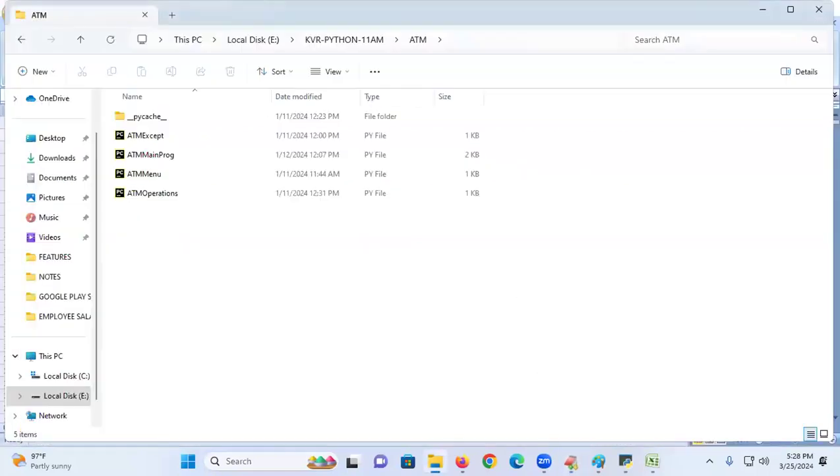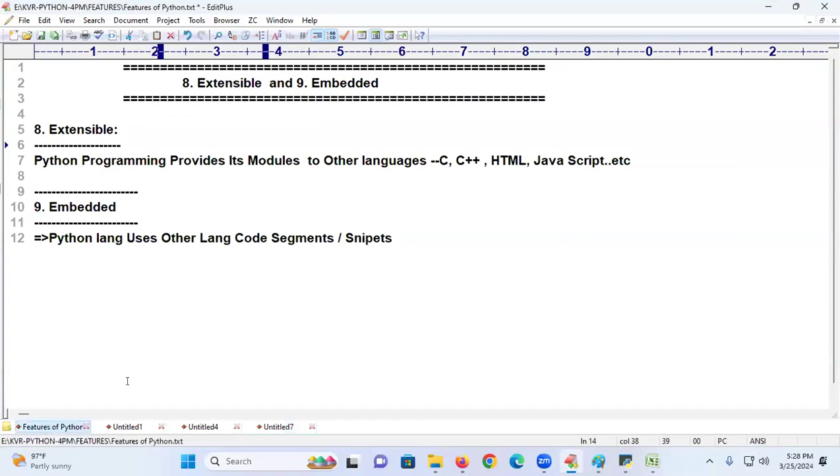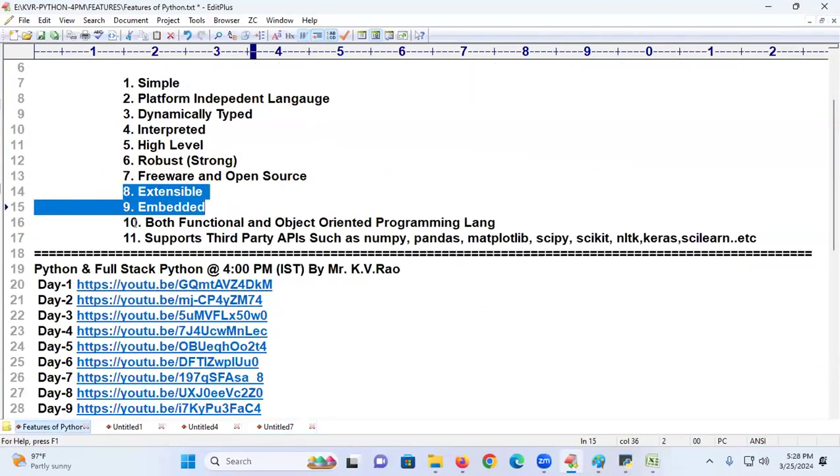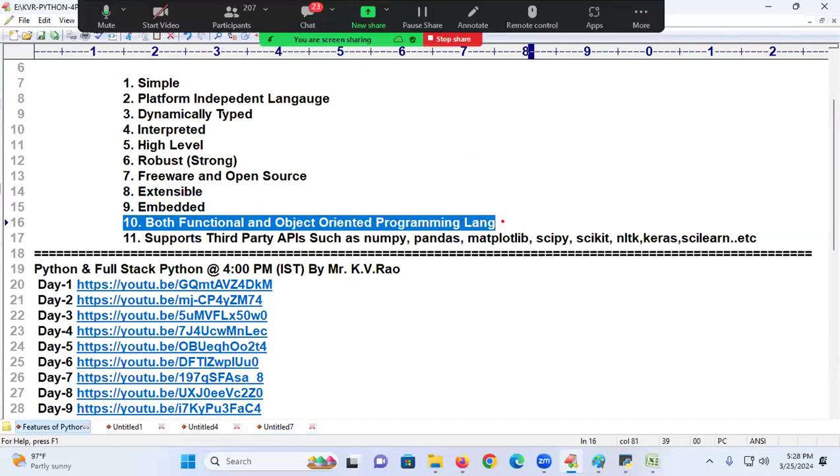Last one, dear students, carefully follow. This next one is embedded and extensible, you understood. The 10th one, I don't explain at the same time. In any batch, I don't explain because functions I explain for almost 8 days in the class. That concept I cannot tell you in 1 or 2 minutes. Even if I say it, I cannot convince you.